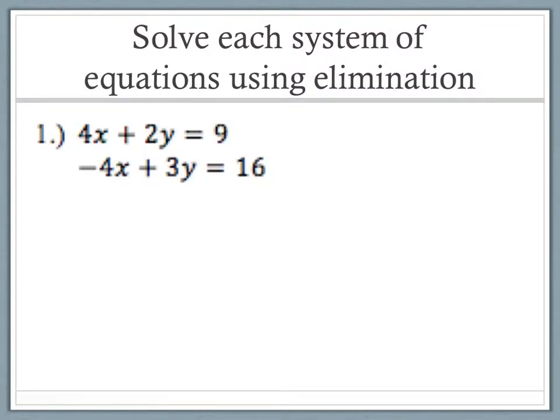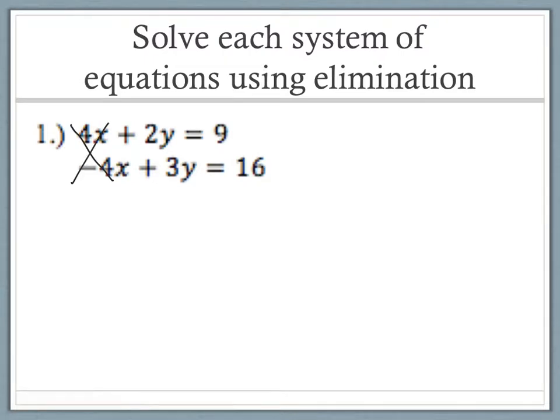So as I look at this first example, I'm just going to look at my x's and my y's. First I'll look at my x's, and I notice that my x's have the same number and opposite signs. That's what we're looking for. If I look at my y's, they don't have the same number, they don't have opposite signs. So I'm going to worry about my x's. Once I have the same number but opposite signs of one of the variables, I'm going to go ahead and add vertically. When I do that, that's going to cancel or eliminate one of the variables,